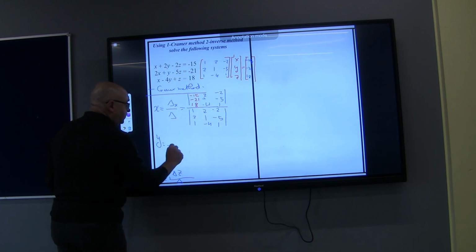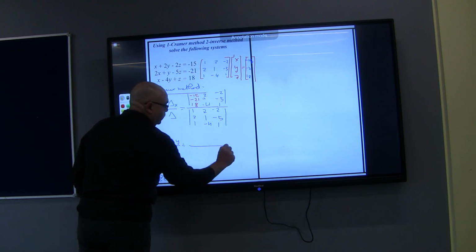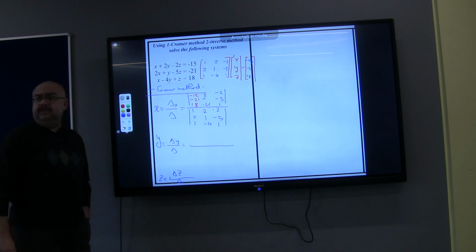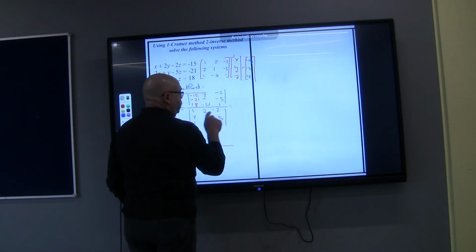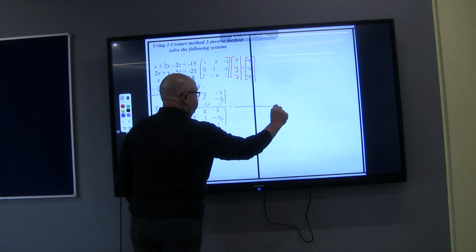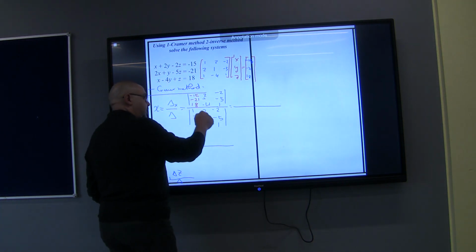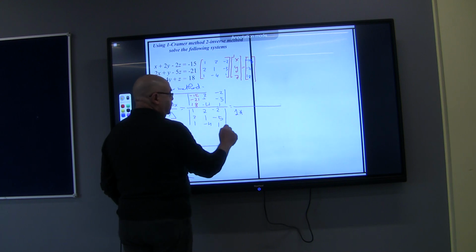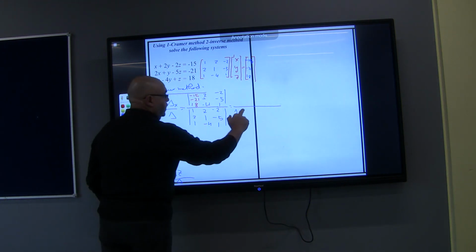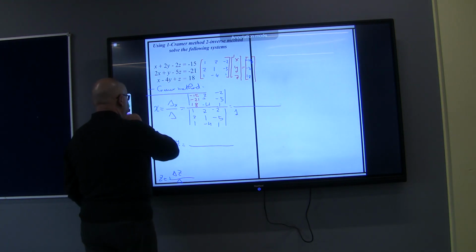In a similar manner, I can get the values of y. Y is going to equal delta of y over delta. Can someone tell me how to calculate this determinant quickly? Do you remember how I was calculating the determinant? I was taking the principal elements, 1 times 1 times 1, which is simply going to come up to 1. Then plus